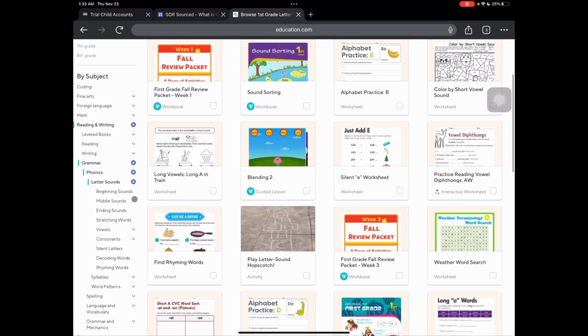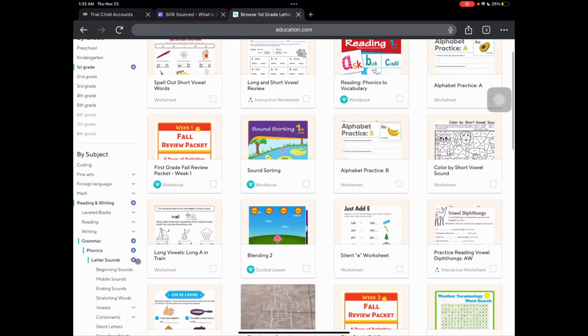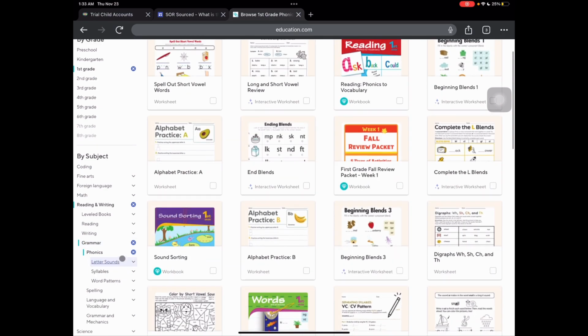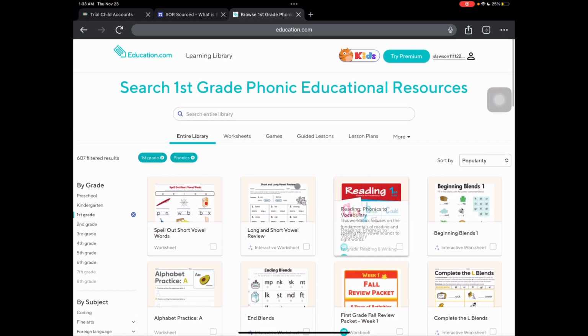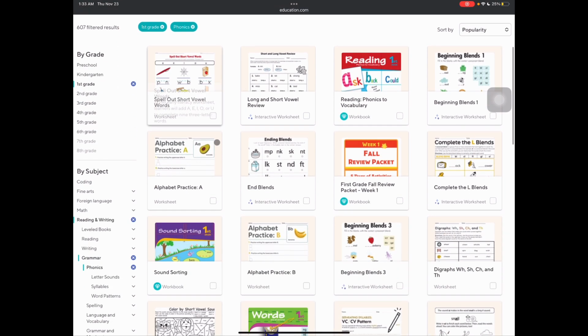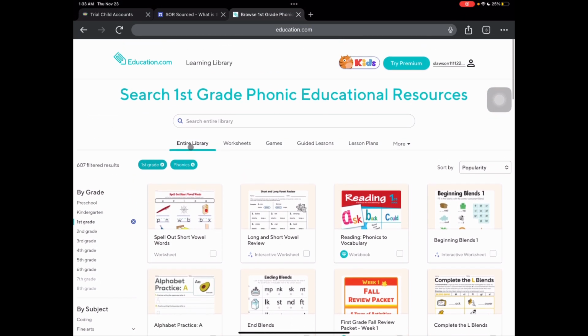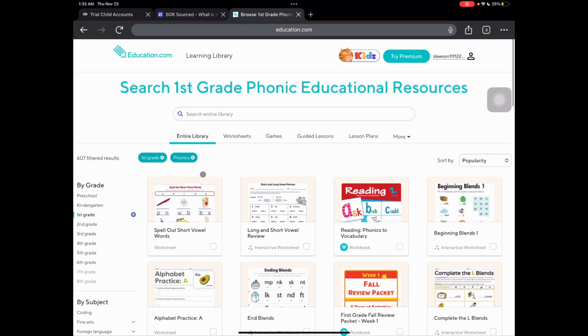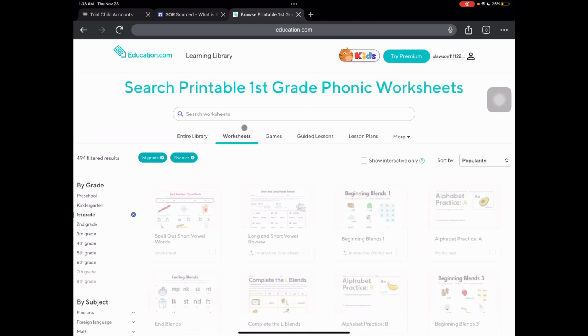So this is as far as I'm going to go in terms of filtering. I'm just going to look at everything that they have for phonics. And as you can see, they have about 600 results for first grade in phonics, which is quite a lot in the entire library. So we can look at worksheets. And